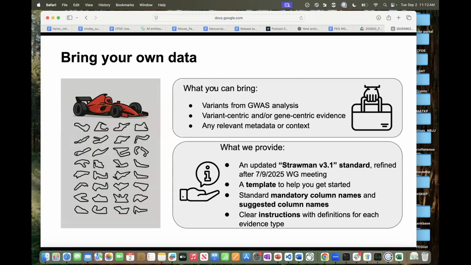All right, so again, there were two options here. Benchmarkers could either bring their own data, so these could be variants from GWAS, variant or gene-centric evidence, and then metadata and context that accompany them. And then we provided the updated standard, which we most recently revised after our last meeting in July.